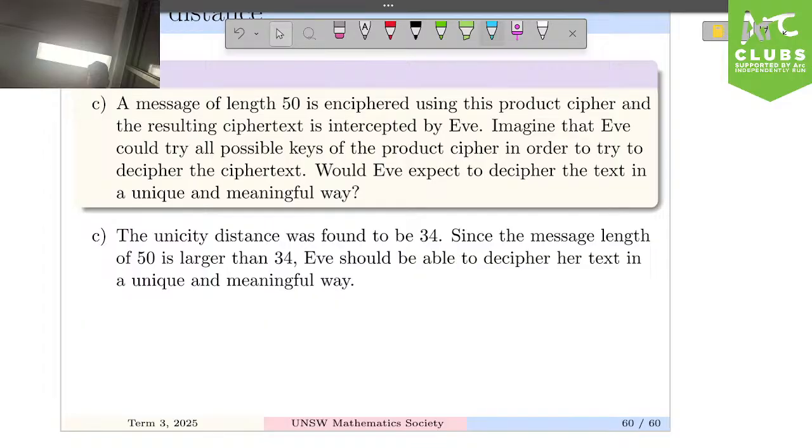Right, anything else? No, I don't think so. I think that's the end. Wow, that's it. Done. That is the end of Information, Codes and Ciphers as a course. It's also, I think, the last time I'm going to be doing a MathSoc revision seminar, which is kind of cute. But I hope you had fun. I hope you had a good time. This is a very good course. So yeah, I think that's it.